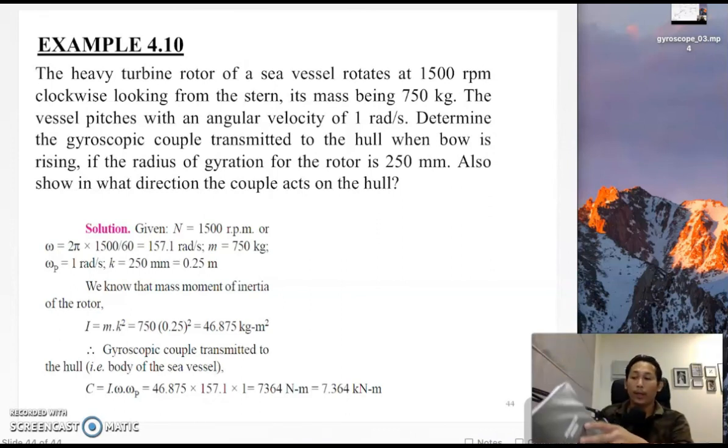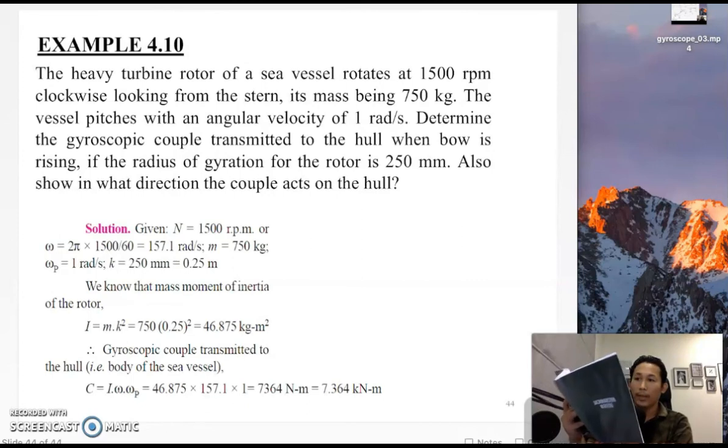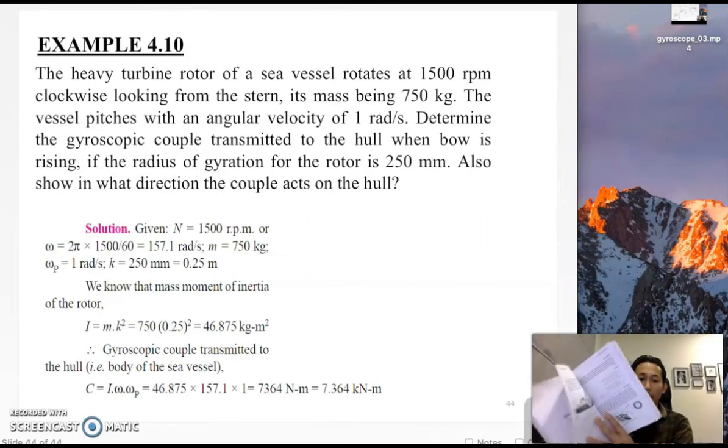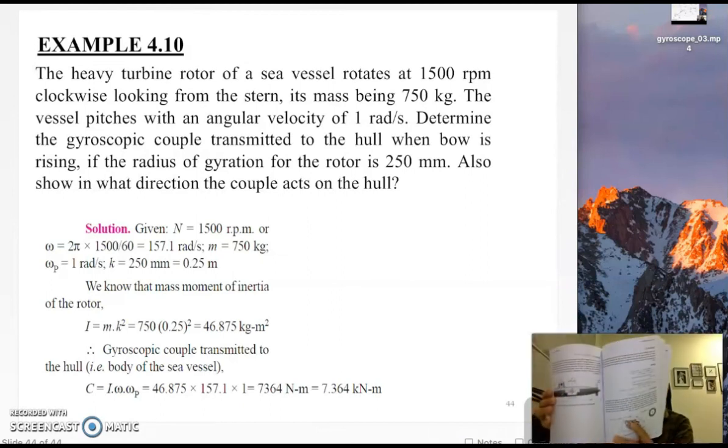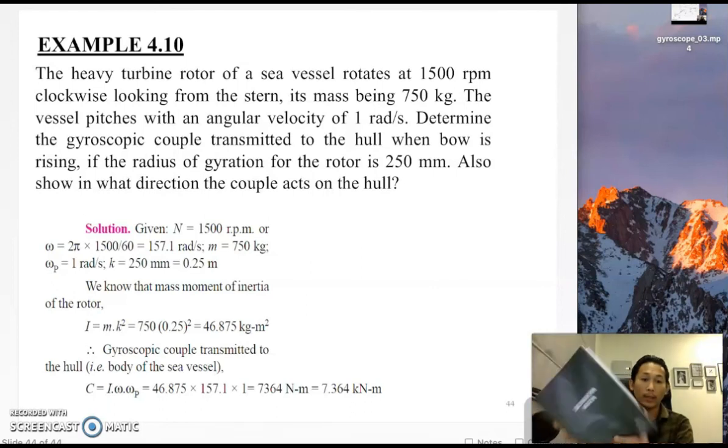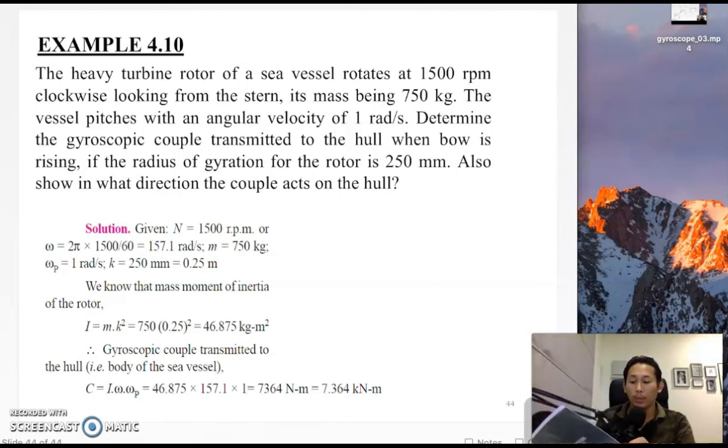We have another example on gyroscope, which is example 4.11 and exercise 4.11 and exercise 4.12. I want you to do that so that you make sure that you understand the